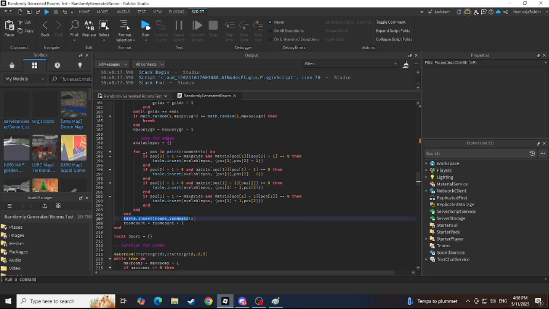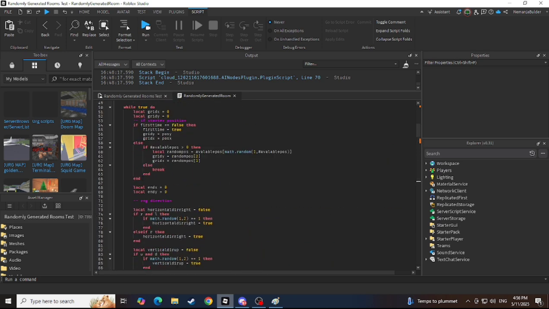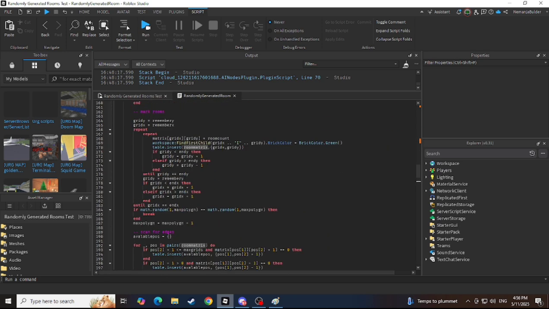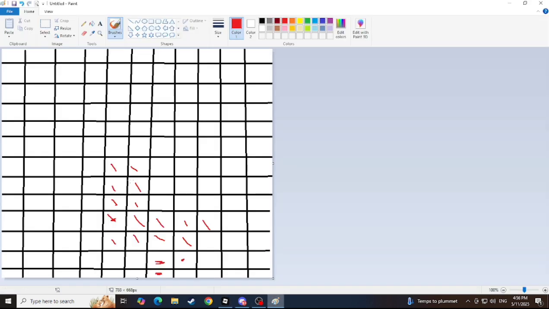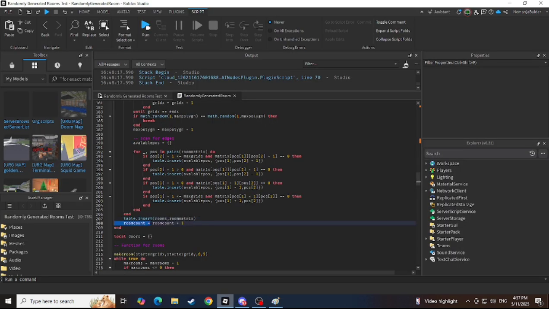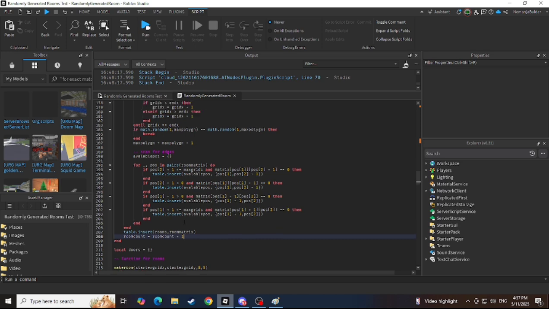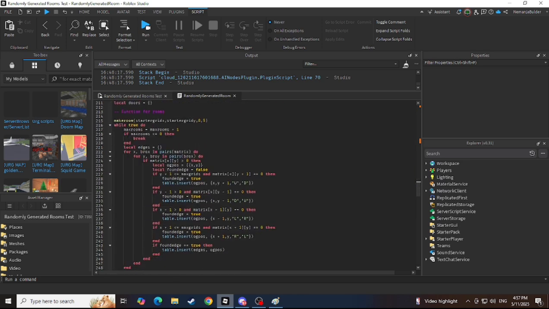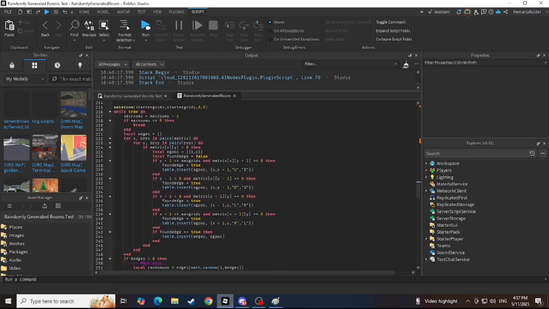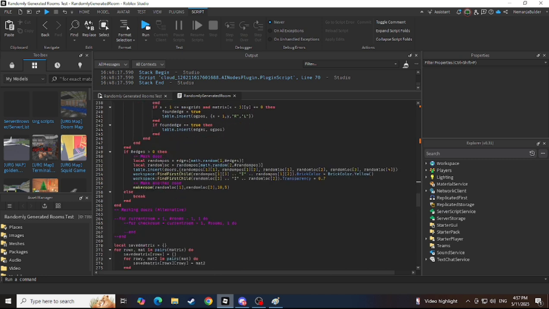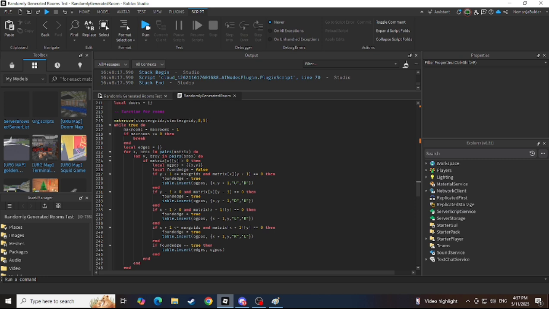All right, it took a little while. Then after that, it will just add the room matrix. Room matrix is basically just one room, so it will add all these occupied spaces, so we basically know what rooms are what. Room count, of course, we add +1, and here I just made how many rooms we need to now make. But before that,